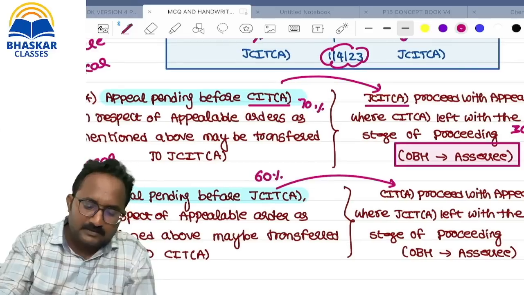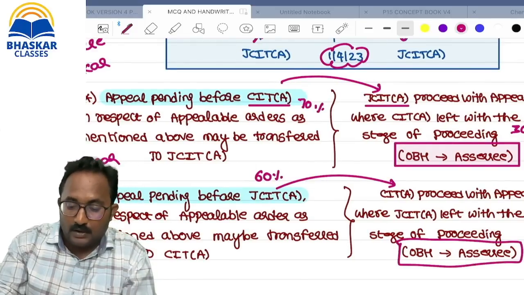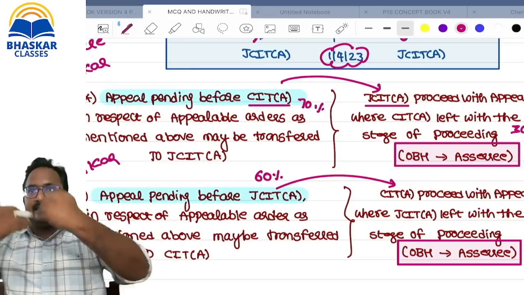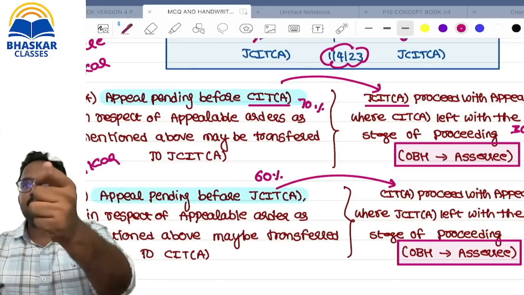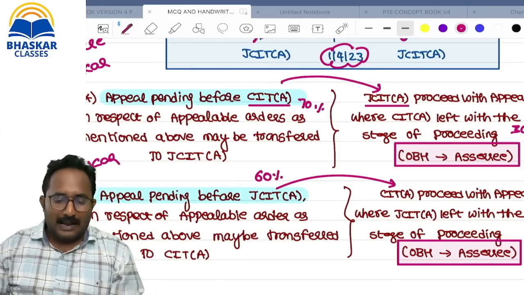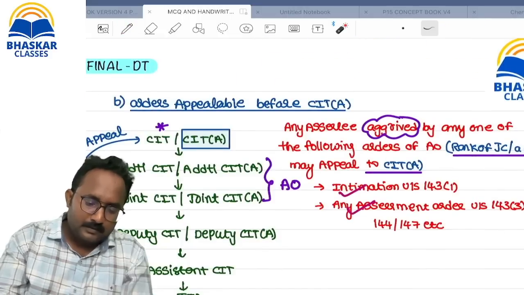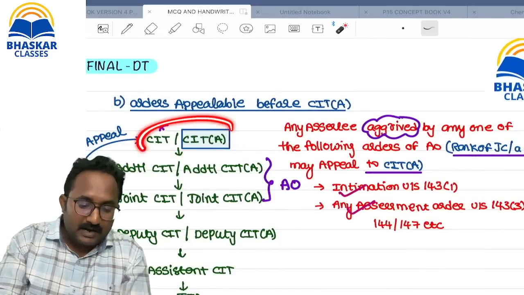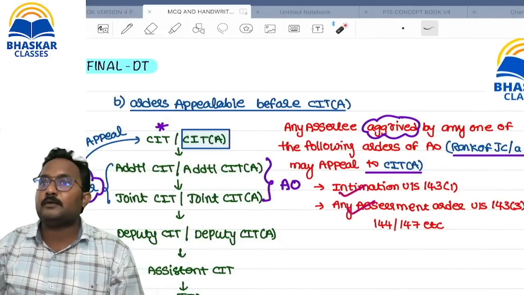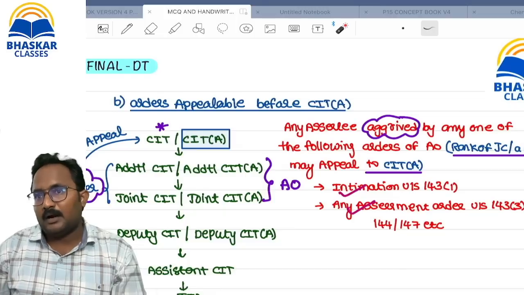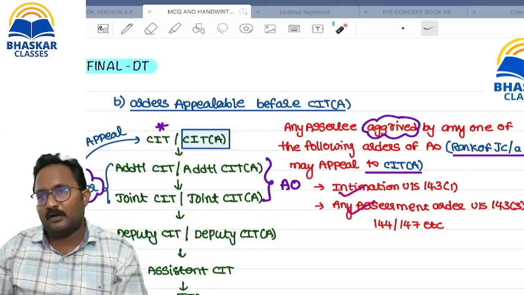These are the transitional provisions, not much important, but you need to know how the appeal disposal mechanism works. If I am making an appeal, how can they give the order? That is called disposal. So I am making an appeal to the CIT. They need to hear and they need to give an order. That giving an order is called disposal of appeal. Giving an order to the SSC is called disposal of appeal. Are you clear?